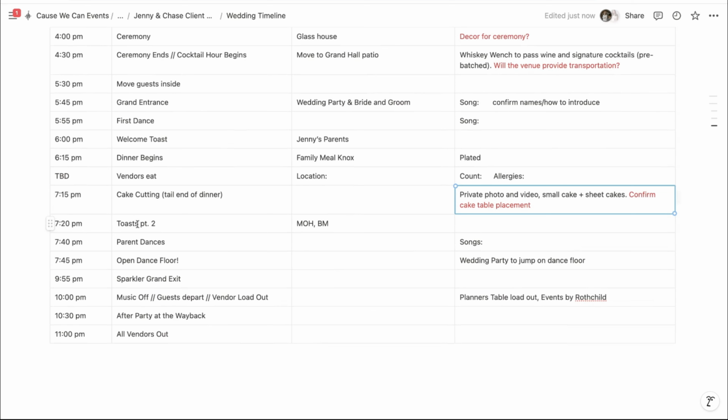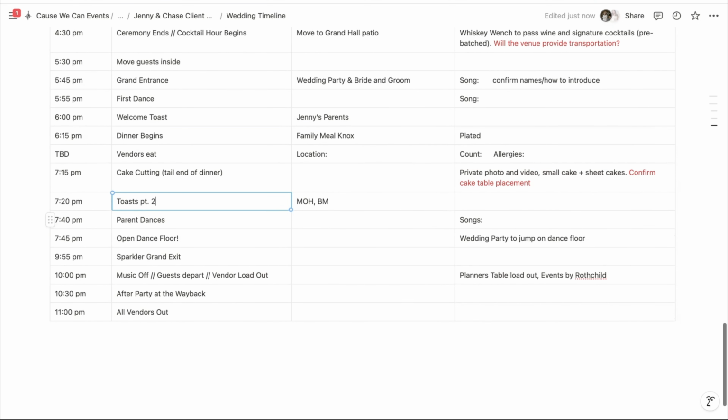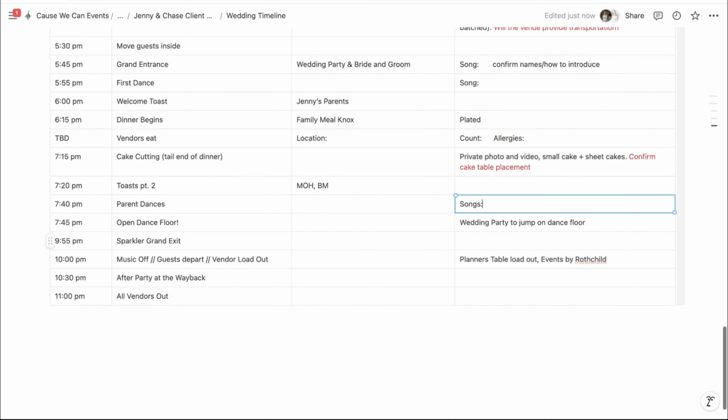Okay, after cake cutting, we are getting into some other toasts. Maid of honor, best man, make sure the DJ has their names. And then we will get everybody to come up to the dance floor for parent dances. We need the songs. And then we're gonna open up the dance floor. So people kind of join at the tail end of that song usually and open it up. And that's nice because that's when I get to sit back, relax, probably start cleaning up the ceremony area and